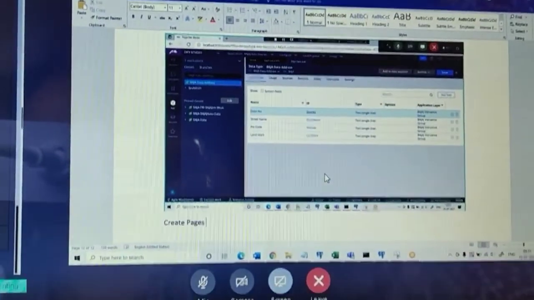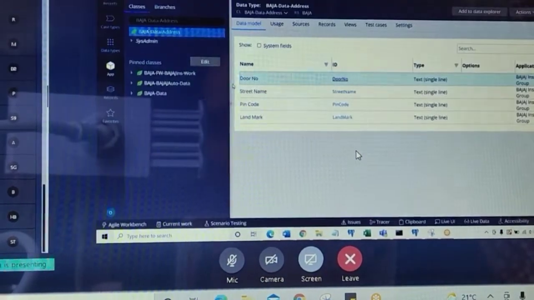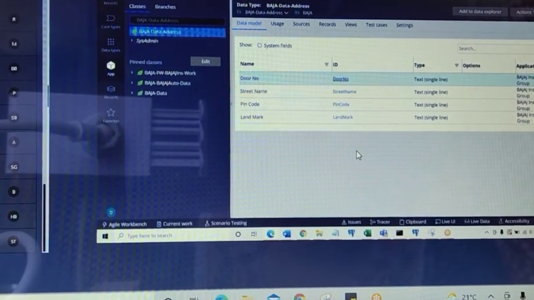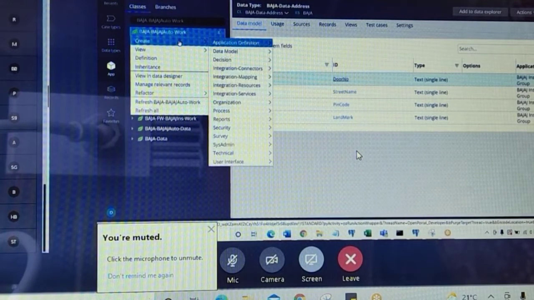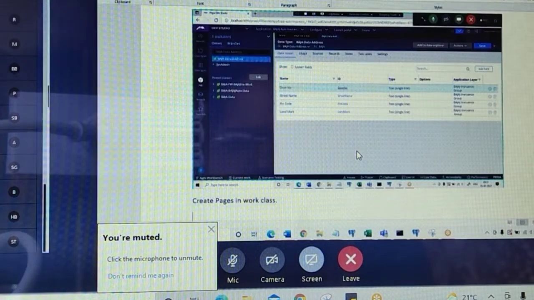Let's create a page in the work class. Here you go, work class. Right click on this. You know how to create page properties, right? Create data model property, and here you go. Single page. This is billing address.